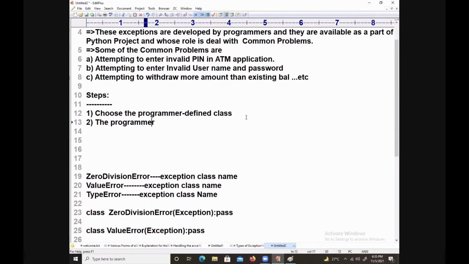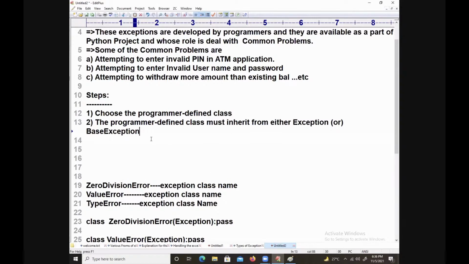So see here, the programmer defined class must inherit from the predefined classes, either exception or base exception.